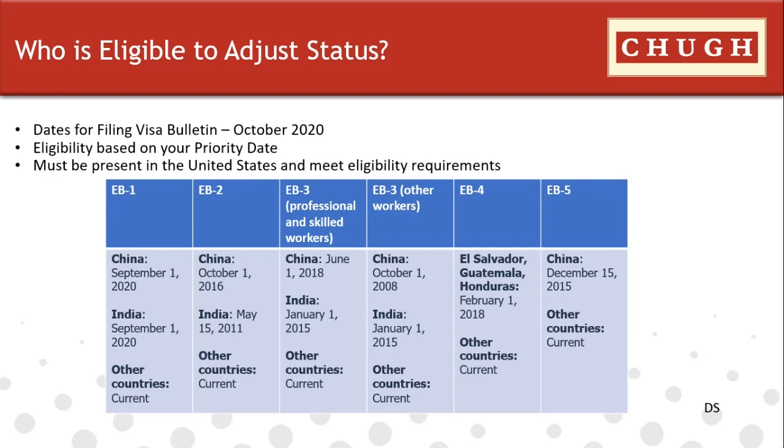The other part is that if you are not physically present in the US, you cannot file an adjustment of status. So to file a 485 application, you have to be physically present in the United States. Any derivative applicant who is a child of the principal applicant under the age of 21 or is turning 21 should seek guidance from an immigration attorney to discuss the eligibility,